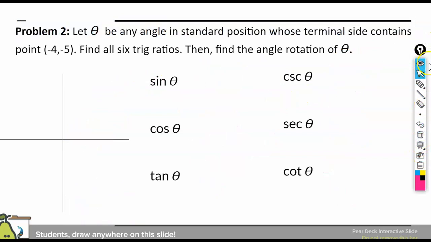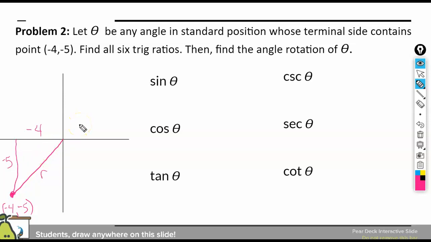Now, we do want to pay attention because these points are not always going to end up in quadrant 1. And so the negatives and the positives have to be paid attention to. For the point -4, -5, that's going to end up down here. So the point -4, -5, so this length is going over to -4. This is going down to -5. That radius,